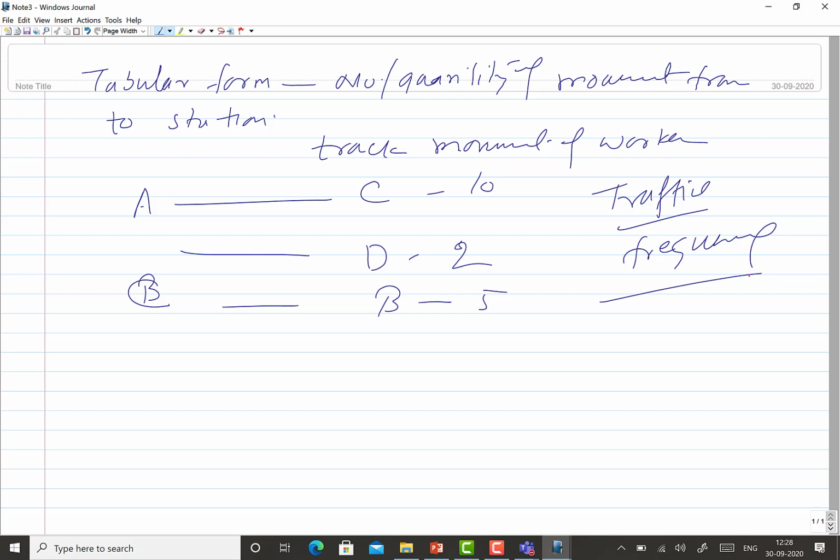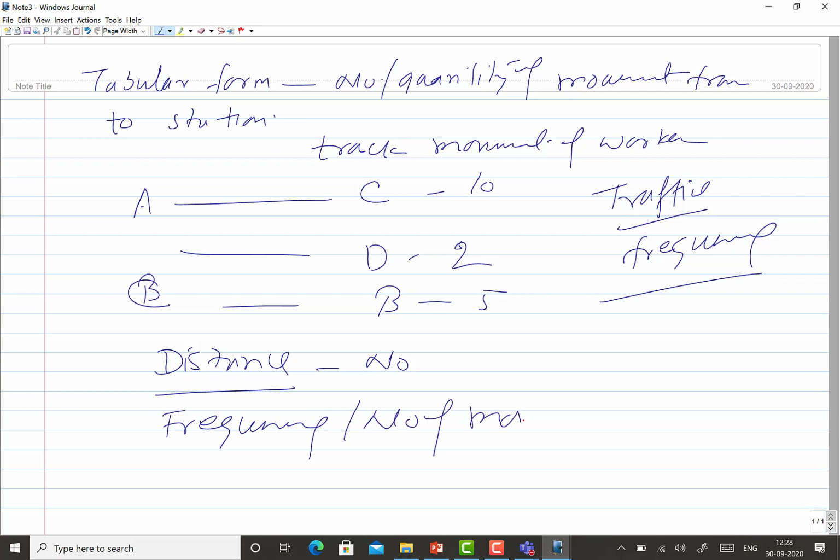One more thing: this chart doesn't talk about distance. No distance is mentioned in this chart. It only talks about the frequency or the number of movements taking place between the different stations.